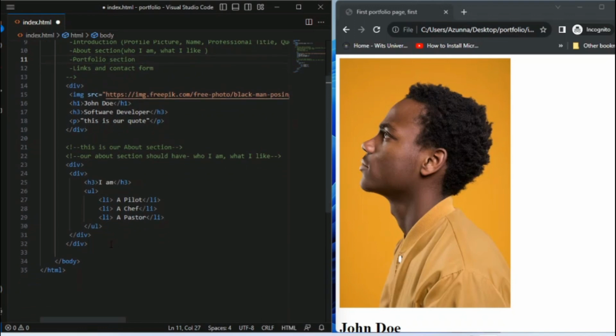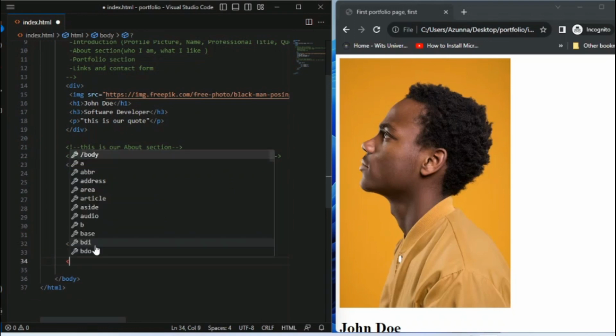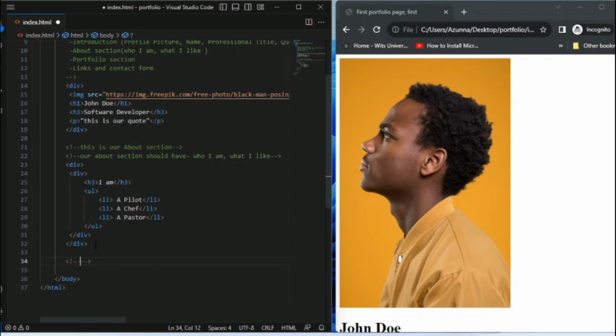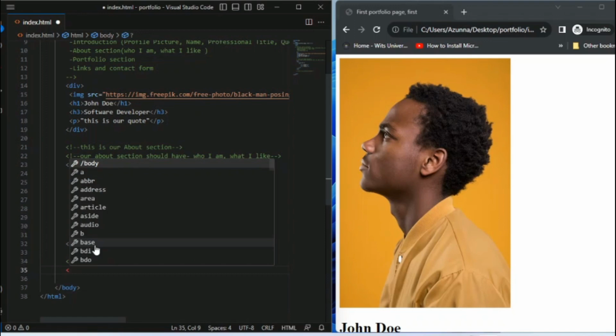So let's come out from our div, and outside our div, let's put a comment, and let's say that this is our portfolio section,